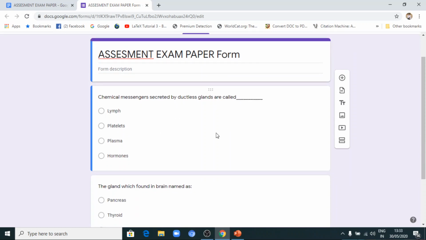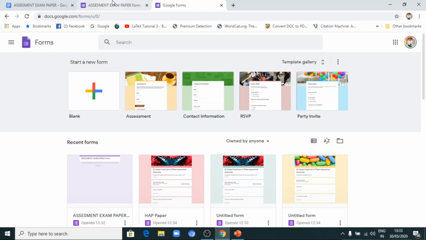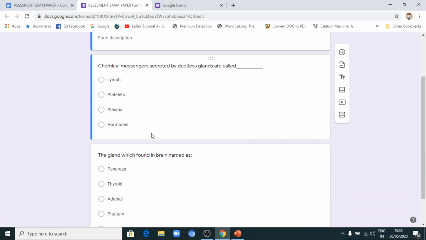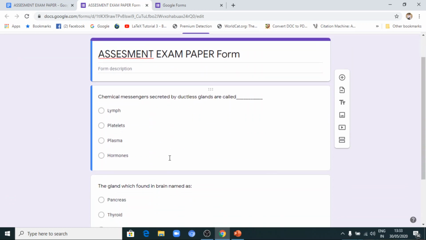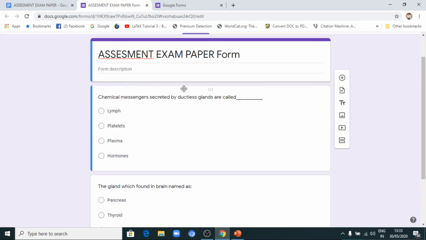Okay. Now how to import all these things, I will discuss now. I have shown you how to export the questions. So we have converted that MS Word into Google Forms. Now similarly you can add up to 10 questions, but if you want 20 questions, what do you have to do? Anyway, this form is saved, right?